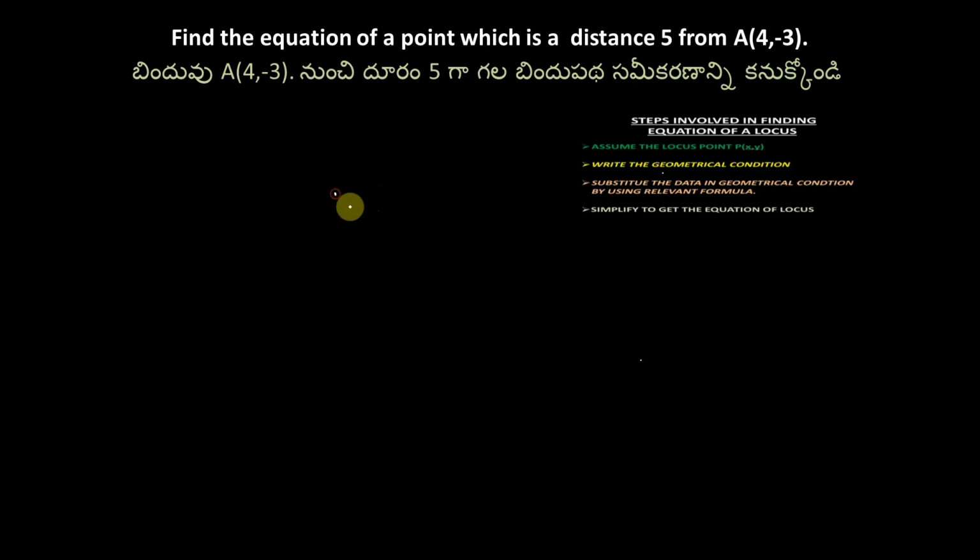So this A is the given point that I am writing here. A is (4, −3). So from this point consider all the points which are at a distance of 5 units. So here P is always assumed as (x, y). So take another point which is 5 units distance, and if I join all these points, then I will get the locus. Now here, the given condition.